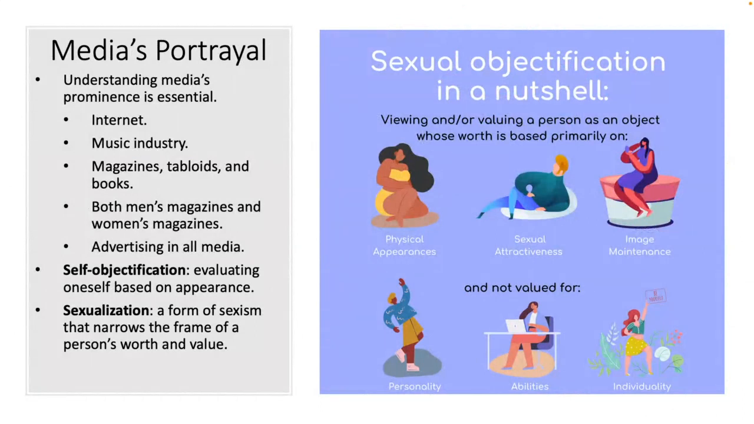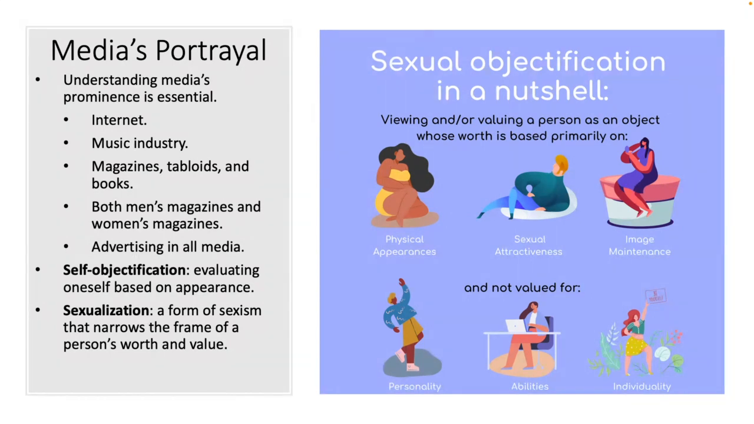And then here we have our media's portrayal of sex. And so understanding that the media's prominence is really essential to helping get our own ideas about sexuality and how we are influenced. So think about all the different avenues for media. We have the internet, the music industry, magazines, tabloids, books, men and women's magazines, and just the advertising and all of those forms of media. This often leads to something called